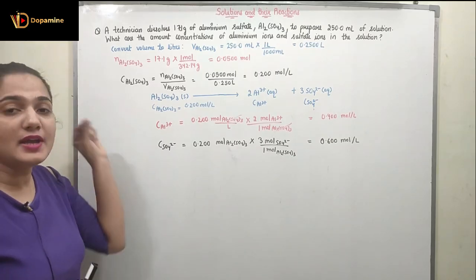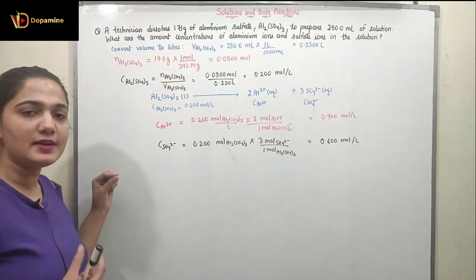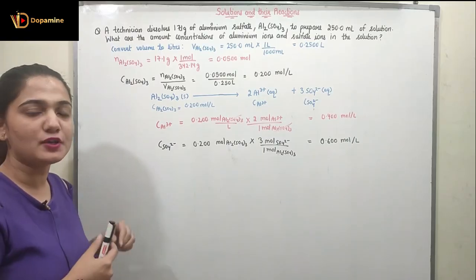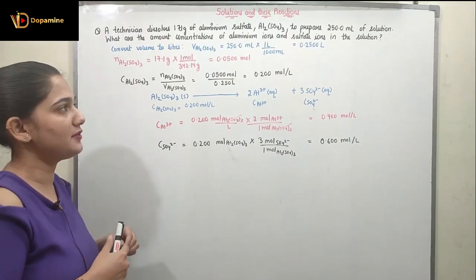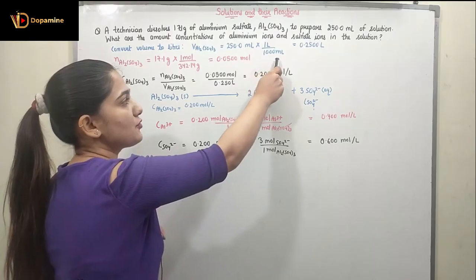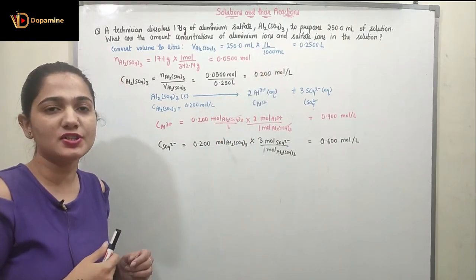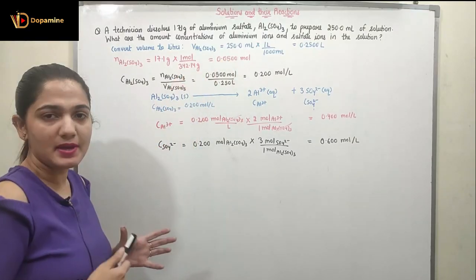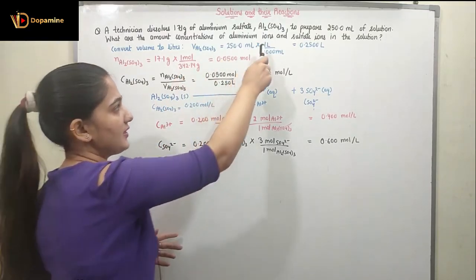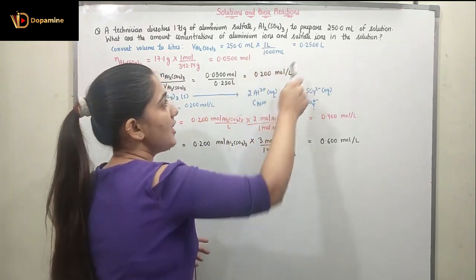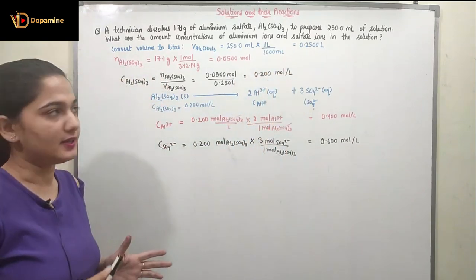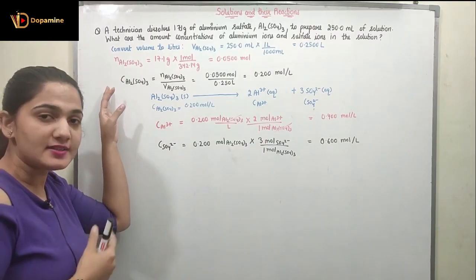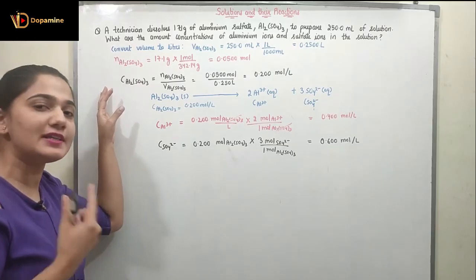So first of all, we are given the volume. We are going to convert this volume from ml to liter, right? We know the conversion factor for converting the volume from ml to liter. The conversion factor is 1 liter upon 1000 ml. We are going to multiply with this conversion factor. So the given volume of Al2(SO4)3 was 250 ml. We multiply it with the conversion factor 1 liter upon 1000 ml to get 0.2500 liter, right? So now I know the volume of the aluminium sulfate solution in liter.